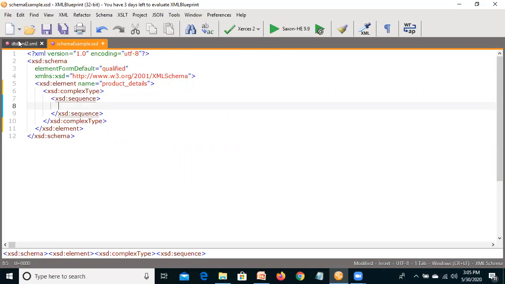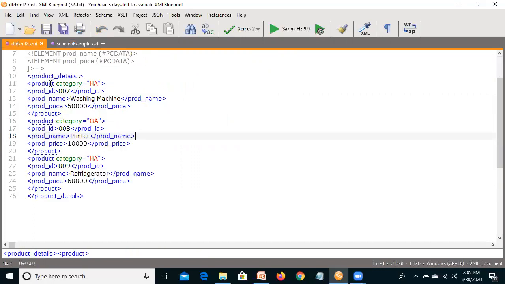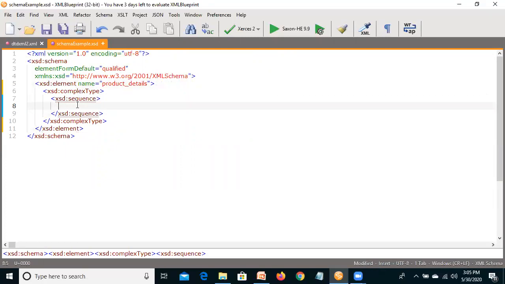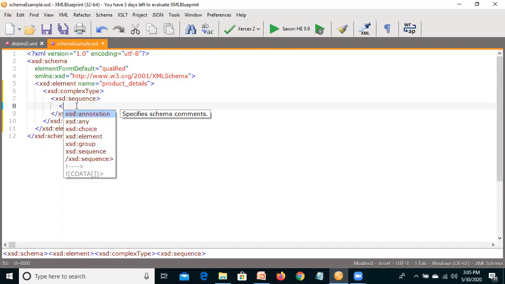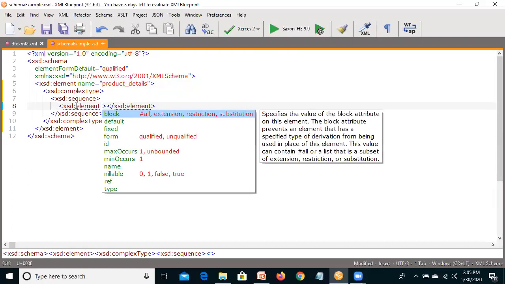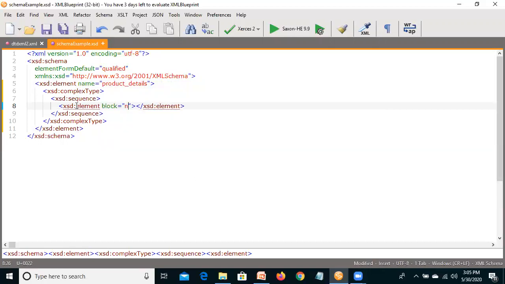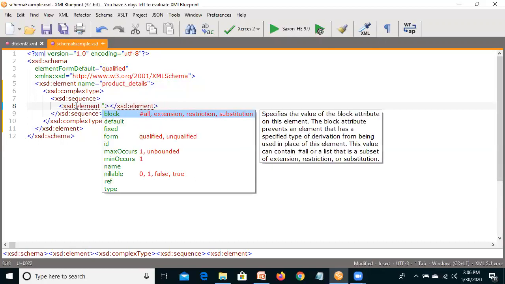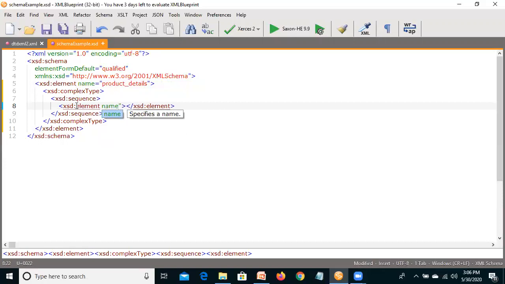Inside product details, we have the product element, so we're going to specify it inside this sequence. There's an element with the name product. So product details is done.